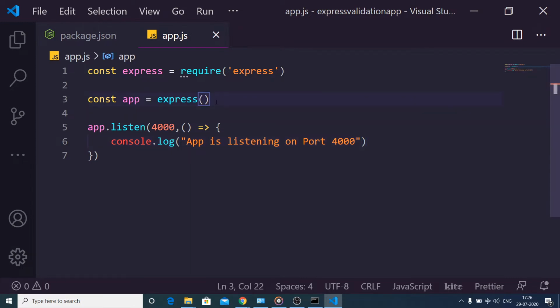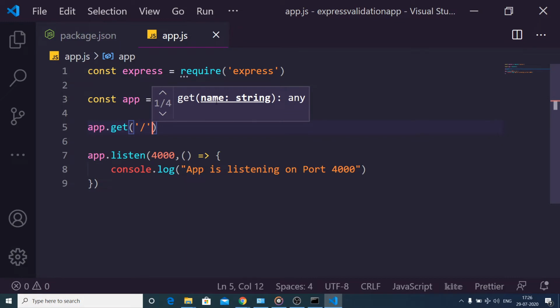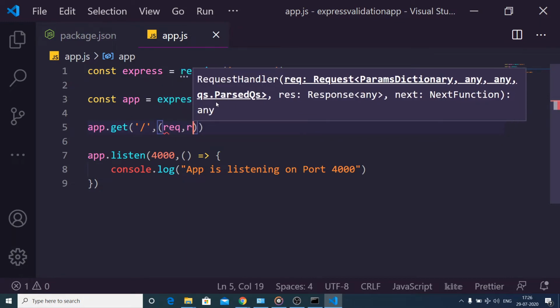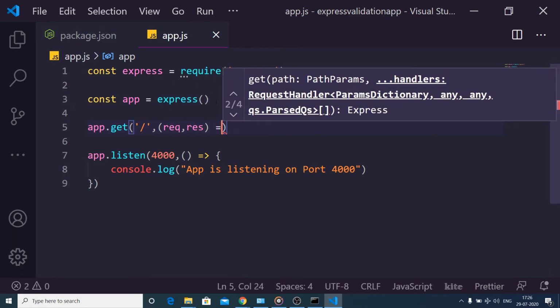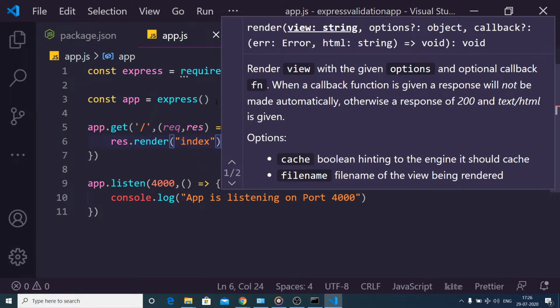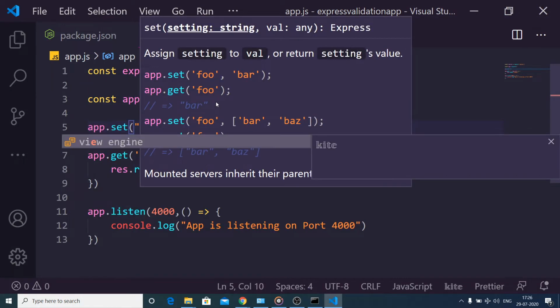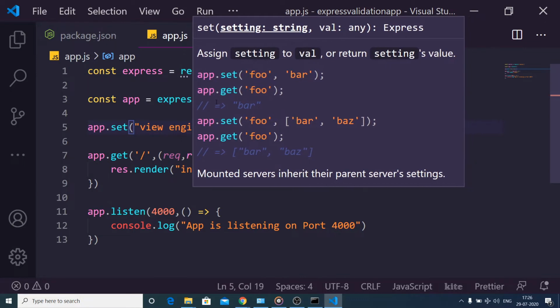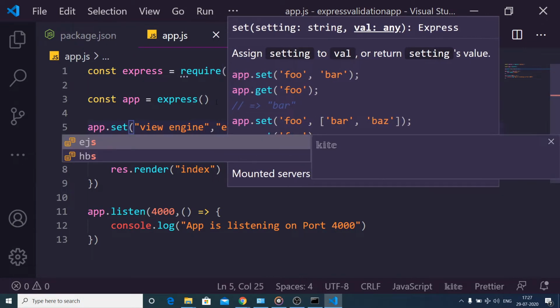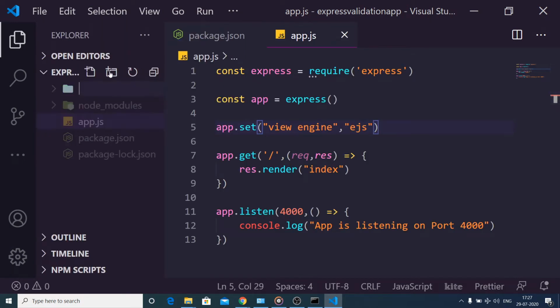So right here guys, we need to make a simple get request. When we open the home page, we need to render out a template, an EJS template. So here we can write response.render index. Right here guys, we will set the view engine like this, app.set view engine EJS. Inside this we will create a views folder, and inside this we will create